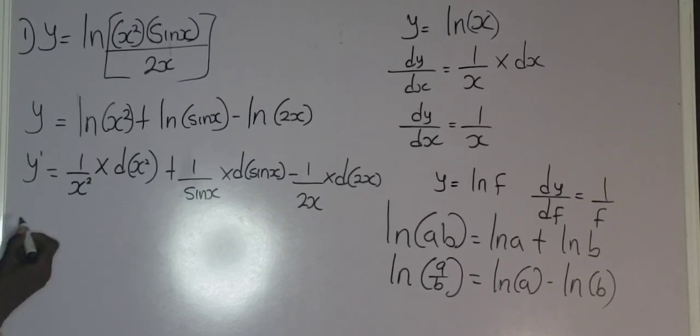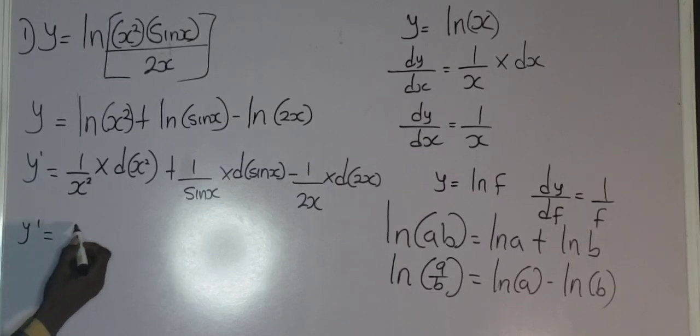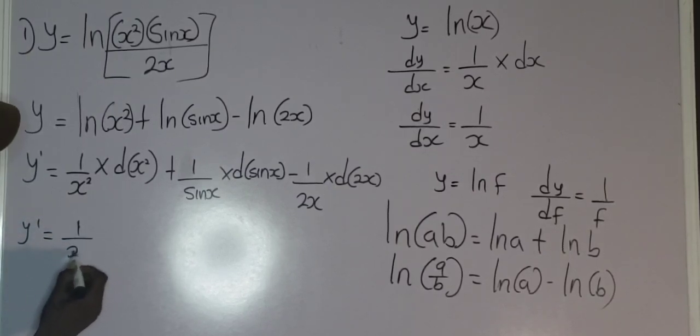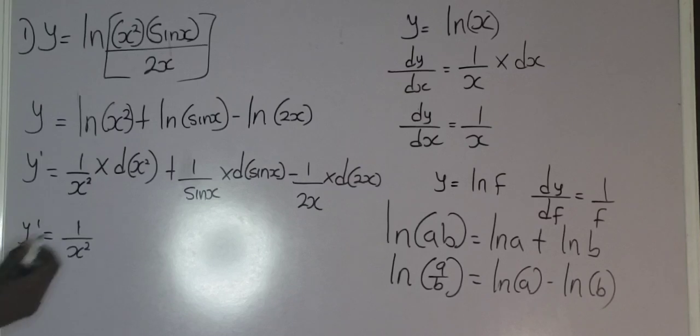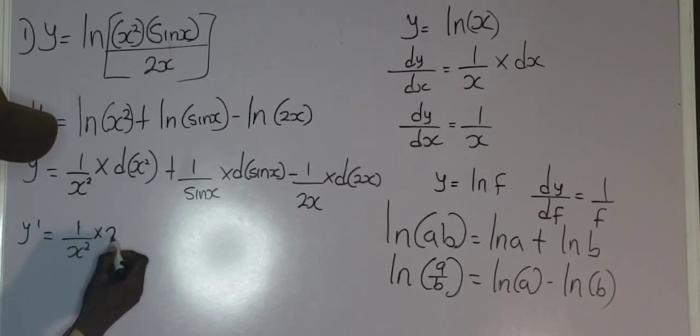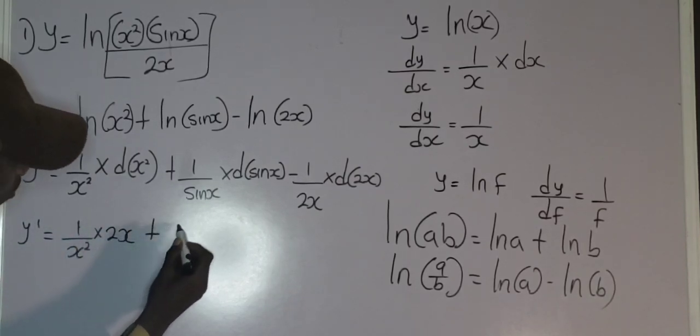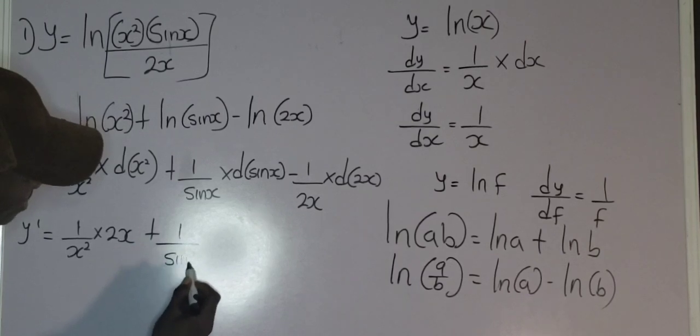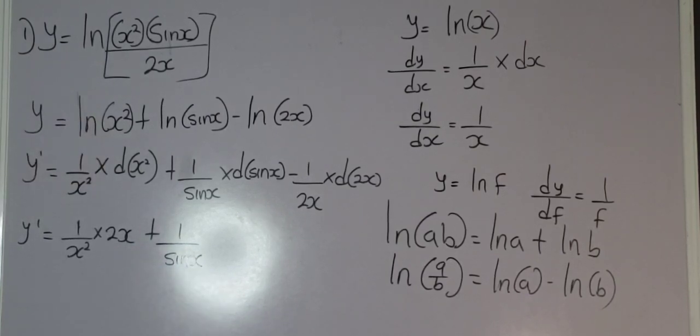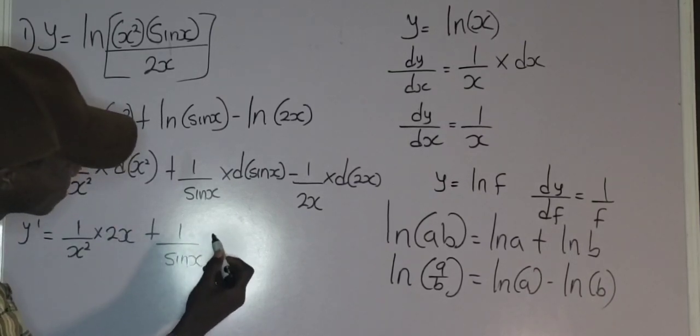So let's proceed. The derivative of y is equal to 1 over x squared multiplied by, if you differentiate x squared using the polynomial rule, what are you going to get? Yeah, you got it right. We are going to get 2x. So 1 over x squared multiplied by 2x plus 1 over sine x. Now, let me ask you, if you differentiate sine x, what are you going to get? Yeah, cos x. You got it right. So that is 1 over sine x multiplied by cos x